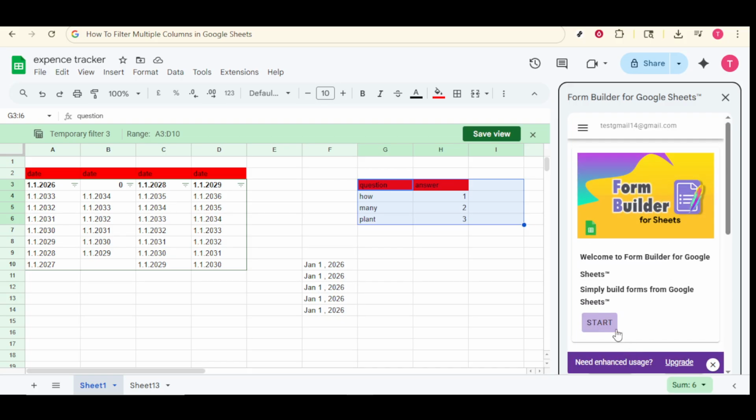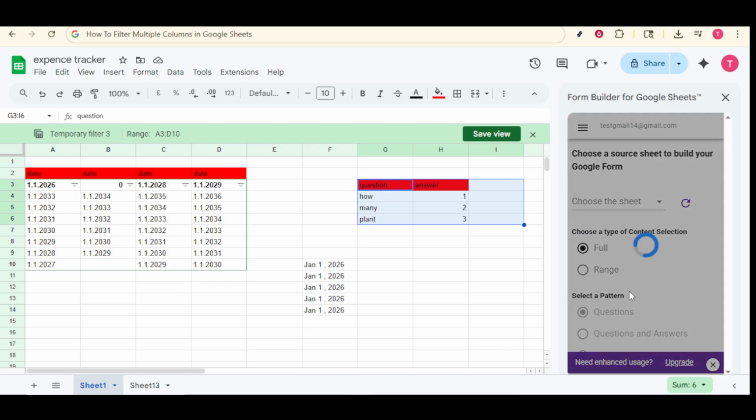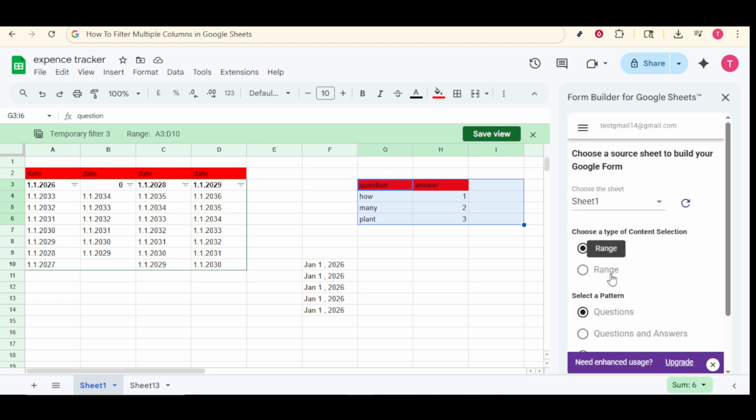The add-on reads that range and prepares matching questions in your form. If your sheet has a header row, make sure the add-on is set to treat it correctly so headers aren't imported as questions. From here, follow the on-screen prompts in the sidebar to confirm your selection and let the add-on